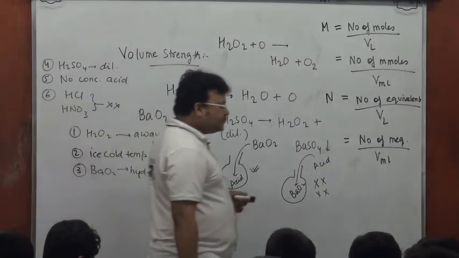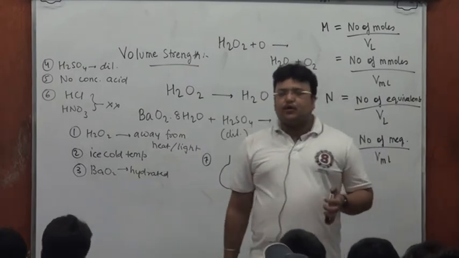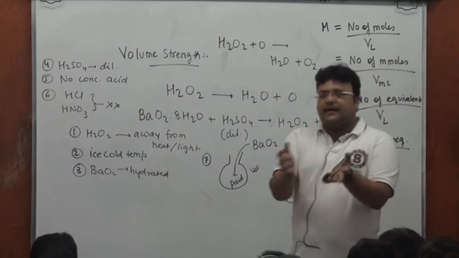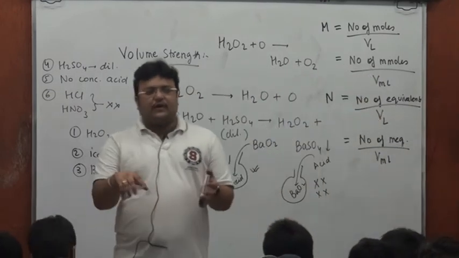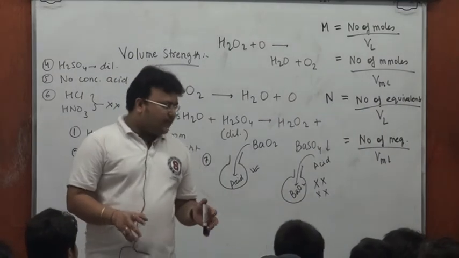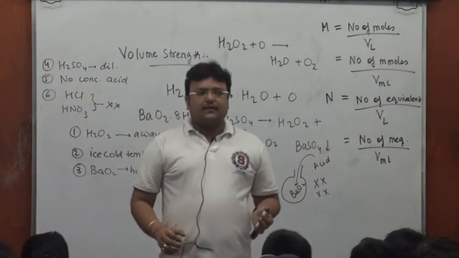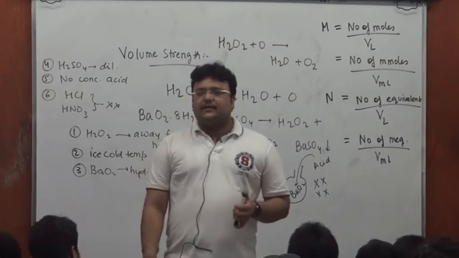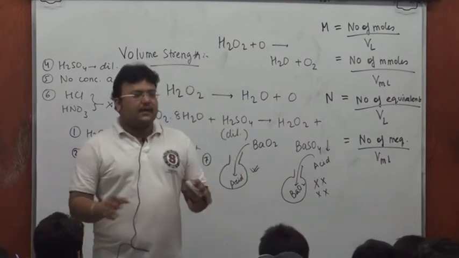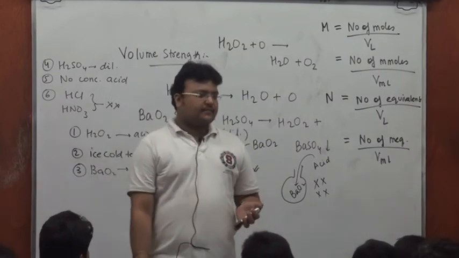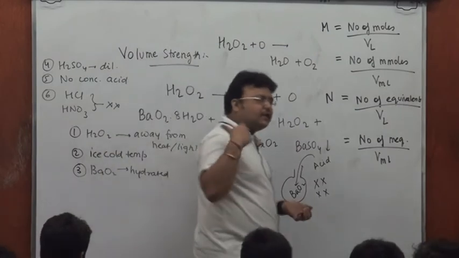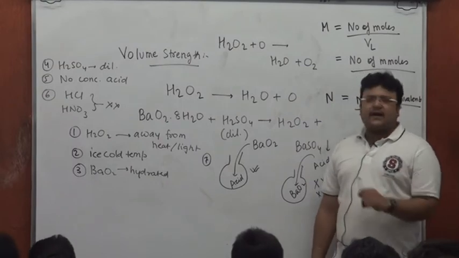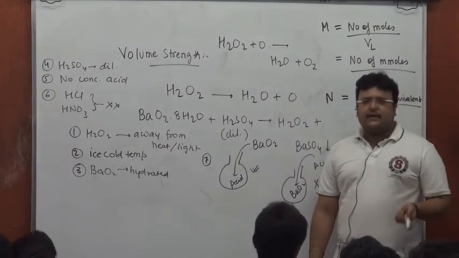Plus, more concentrated acid is going to generate more heat. What's the difference between concentrated acid and dilute acid? It's about how much water you add to it. That's it. Yes or no? If you add more water, you're diluting the acid. So concentrated acid will generate more heat. The reaction will be more vigorous. You'll want to keep the temperature down. You don't need concentrated acid here. You don't need nitric acid because it's also an oxidizing agent, I tell you.